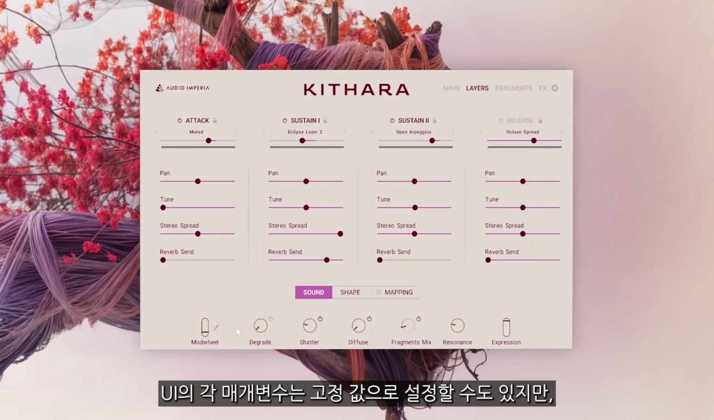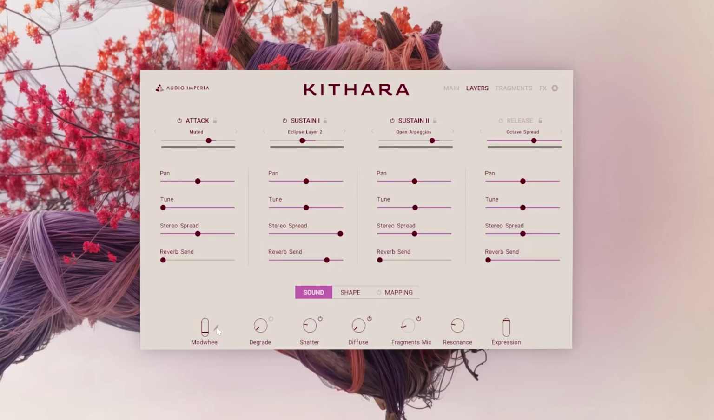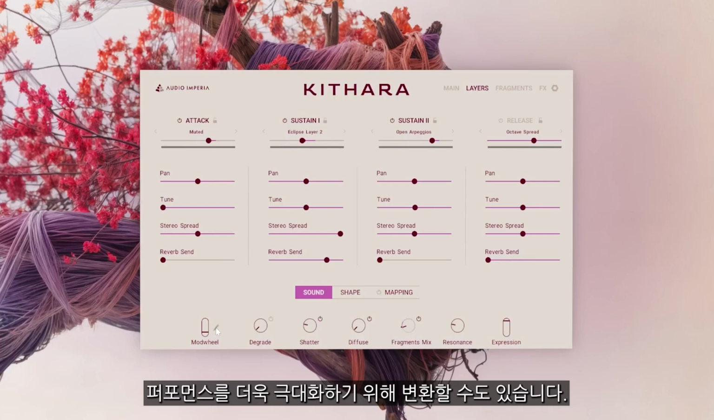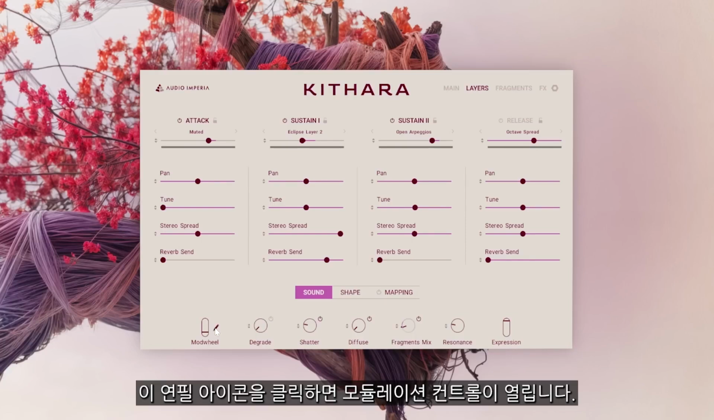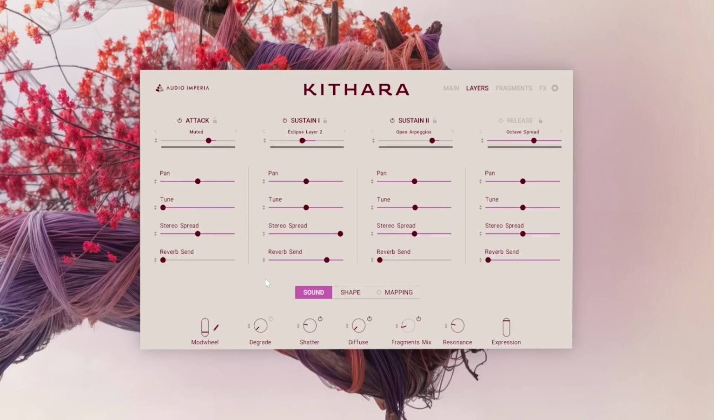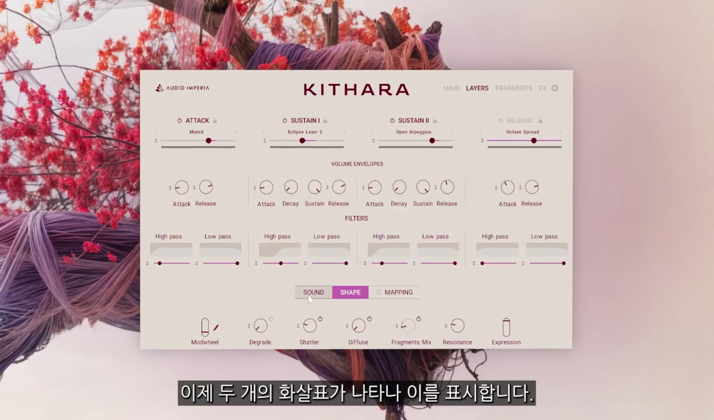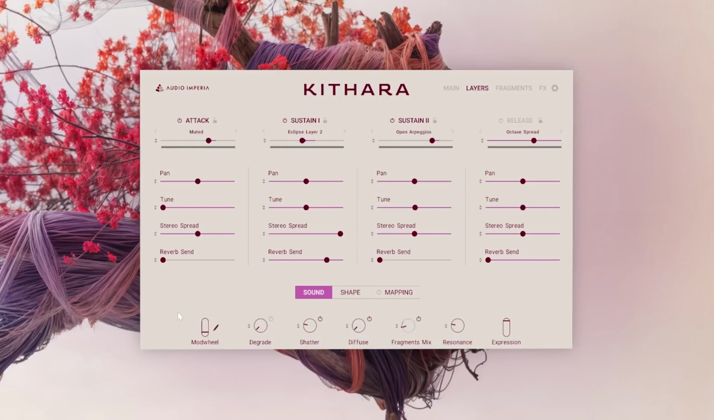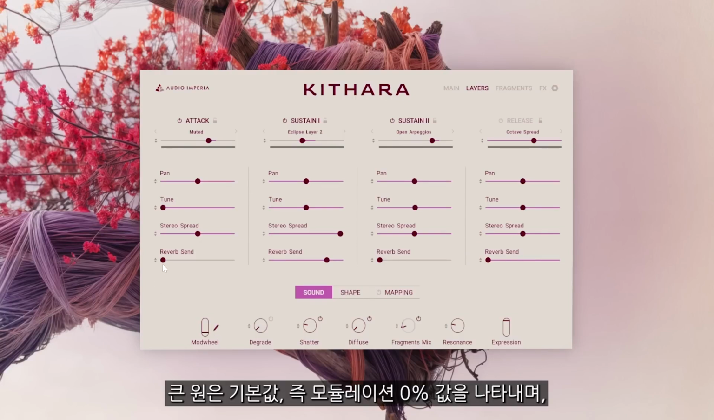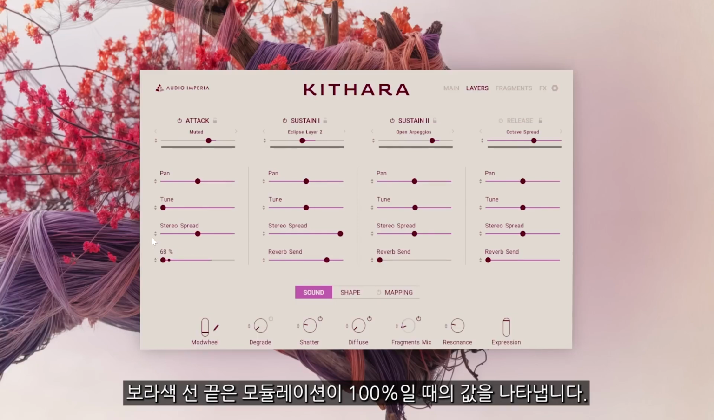Each of the parameters on the UI can be set to a static value, but we can also transform our performance even further. Clicking this pencil will open up the modulation controls. Pretty much every parameter across the instrument can be modulated, indicated by the two arrows that have now appeared. The larger circle indicates the default, or 0% modulation value, and the end of the purple line indicates the value